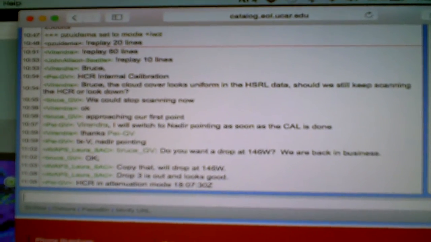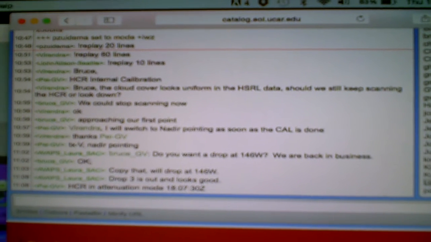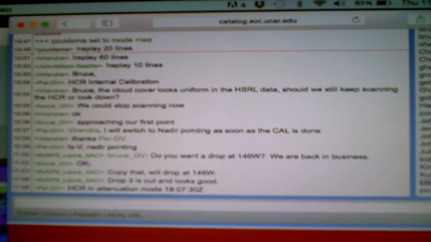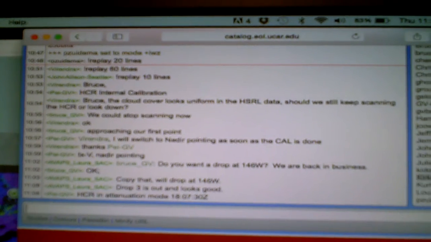So we also have access to some new tools that make this very productive experiment for us. One is that we can chat directly with the people on the aircraft. So here I am in Seattle. This plane has taken off from Hawaii a couple of hours ago, and we can communicate in real time and know what's going on on the plane, and just feel like we're part of the action, even though we're down here on land. And we also have data that we're able to see in real time.